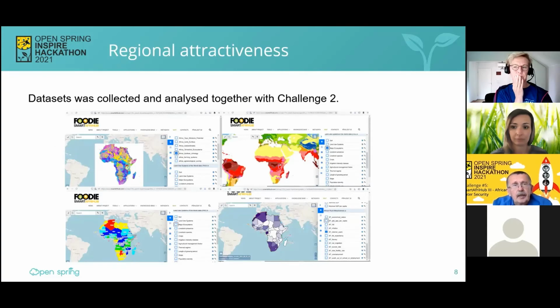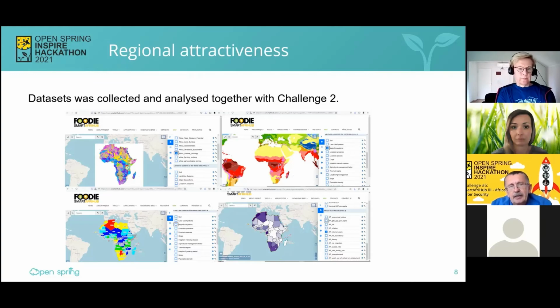Okay, as already Runar mentioned, we work a lot with the data, and to analyze the situation in Africa, we try first to collect available Pan-African data and make this easily accessible, and together with challenge 2, attractiveness of region, we also compare the situation in different countries of Africa.